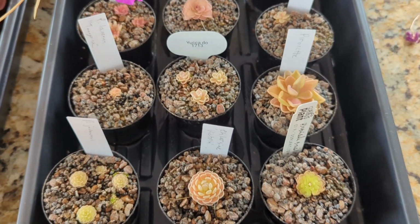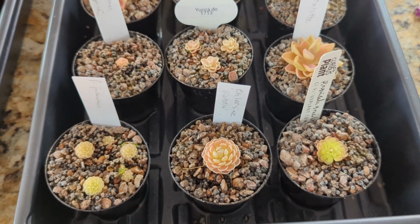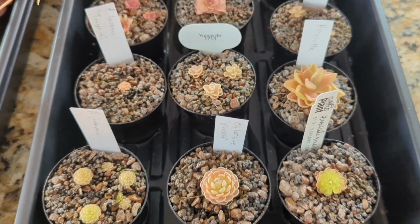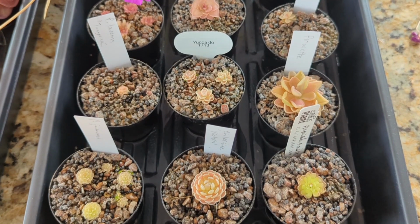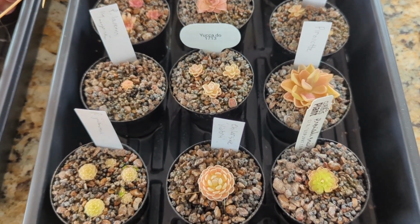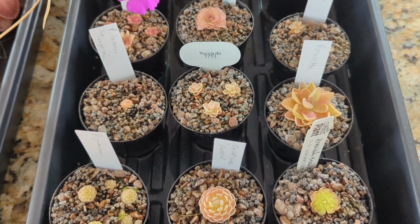Essentially I just mix in an extra portion of fluval stratum into my base Pinguicula mix. So right now the ratios that I'm using are 2 parts Akadama, 1 part perlite, 1 part pumice, and 1 part fluval stratum. I've also switched to using the 1/8 inch size pumice from previously I was using 1/4 inch size pumice,